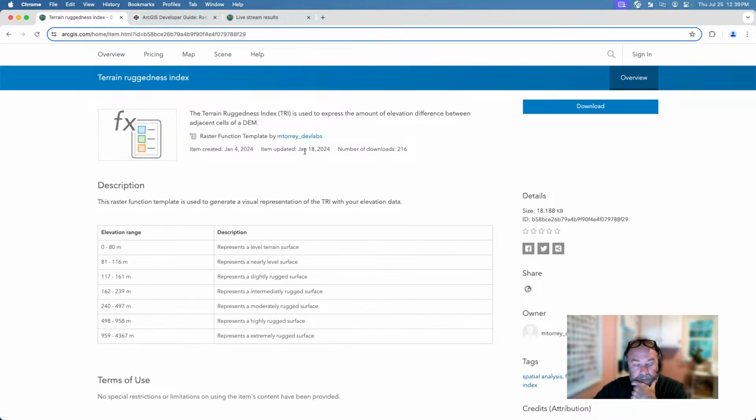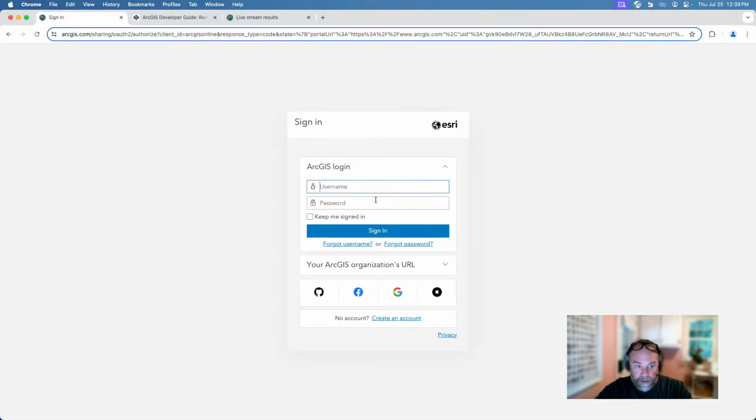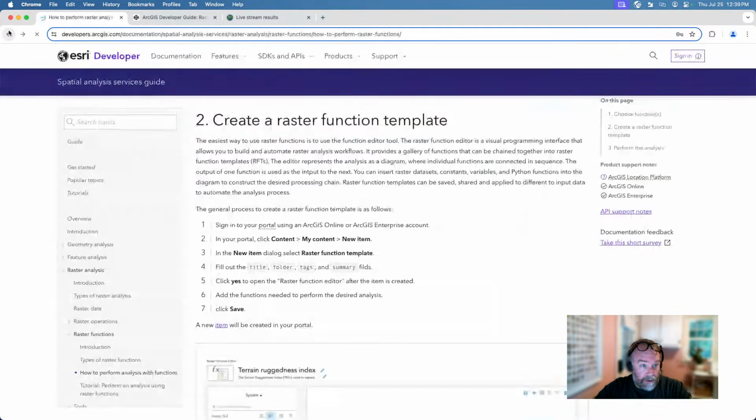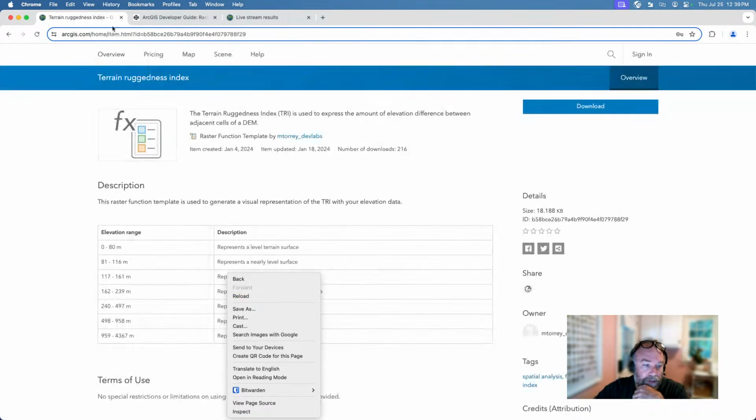And once you've created it, it will create a new item. So I've got this item here. So let me sign in. Sorry. Go back. Not sure why I wasn't signed in there, but